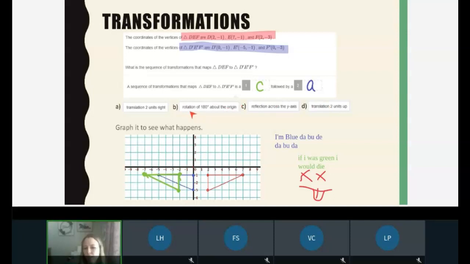I don't think that would work. I was going to say then rotate 180. Maybe if there was a rotation of 90. B and A, B and then A. So if we rotate it,